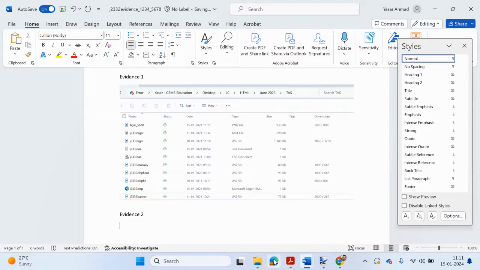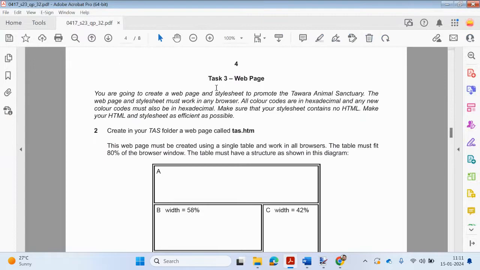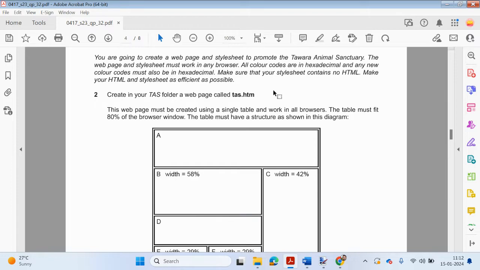Right, the second part of the task is we now need to open up Web Expression. We need to create a web page. So you're going to create a web page and a style sheet to promote the animal sanctuary. The web page and style sheet must work in any browser. All color codes are in hexadecimal, and any new color codes must also be in hexadecimal. Make sure your style sheet contains no HTML, and make sure your HTML and style sheet are as efficient as